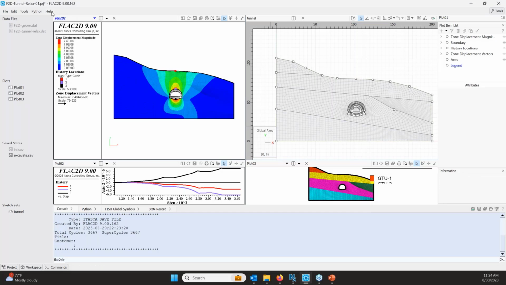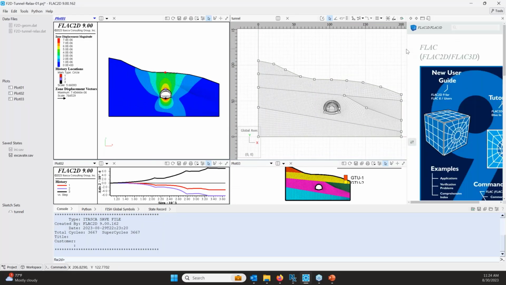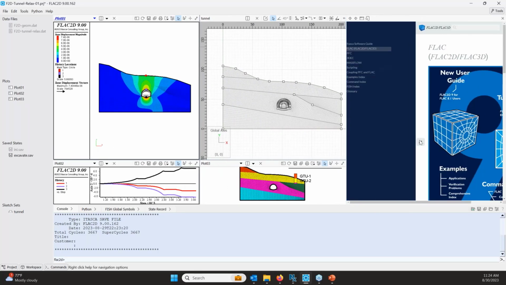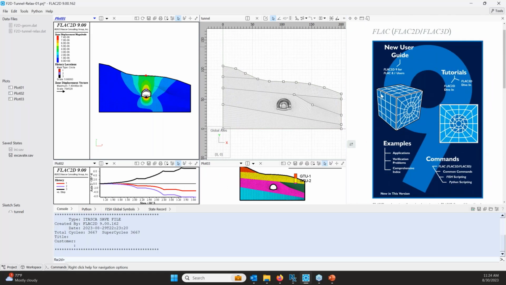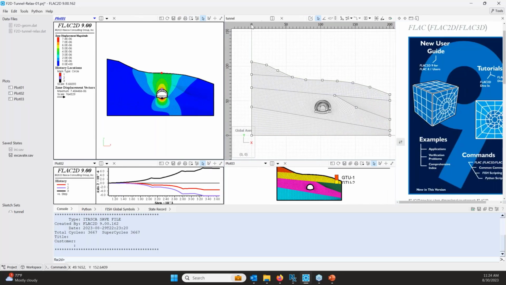Finally, I wanted to mention the help system. If you click on help and documentation here, it appears on the right side, and you can see that it's the same image that I showed on one of the slides, and you can basically navigate through help without exiting FLAC2D. Now, if I go to a data file, one important feature that I probably forgot to mention,